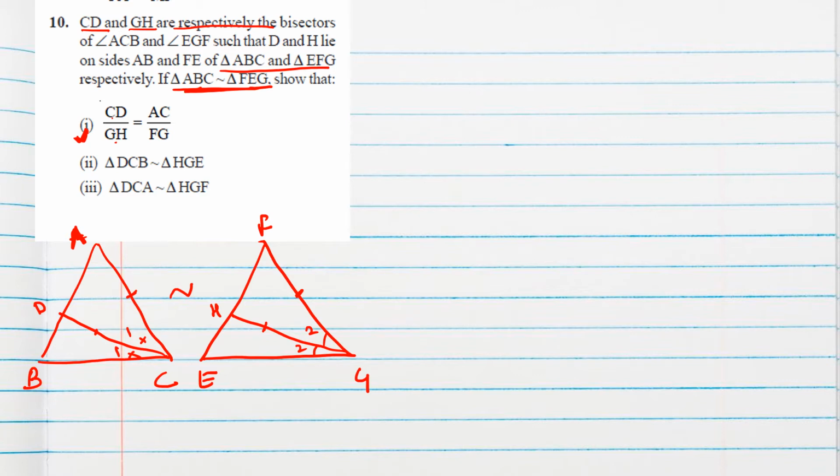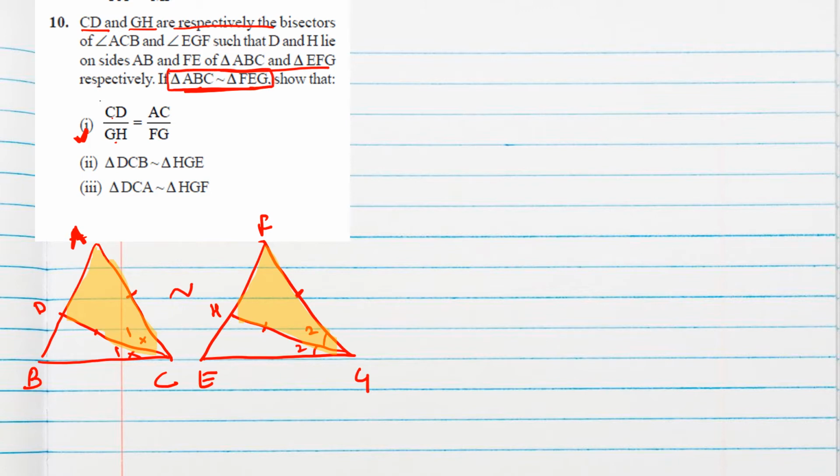That means we have to prove similarity for these two triangles. Okay, similarity for these two triangles we have to prove. After proving similarity we can write their sides are in ratio. Okay, now here one thing we have to consider, these